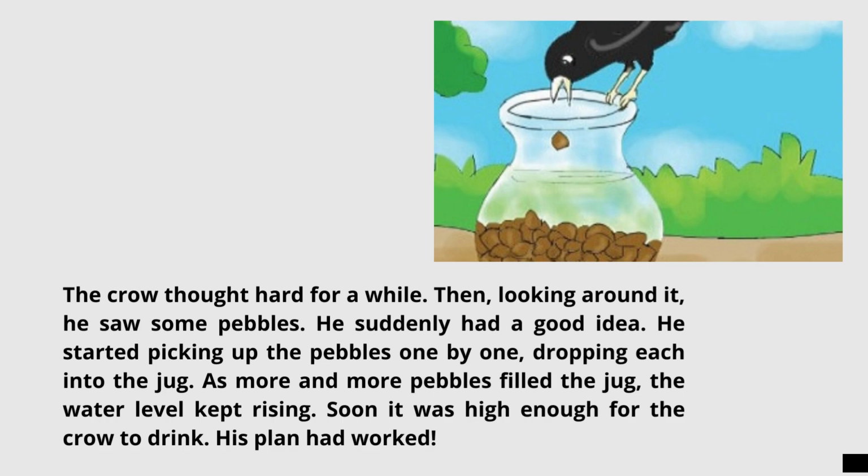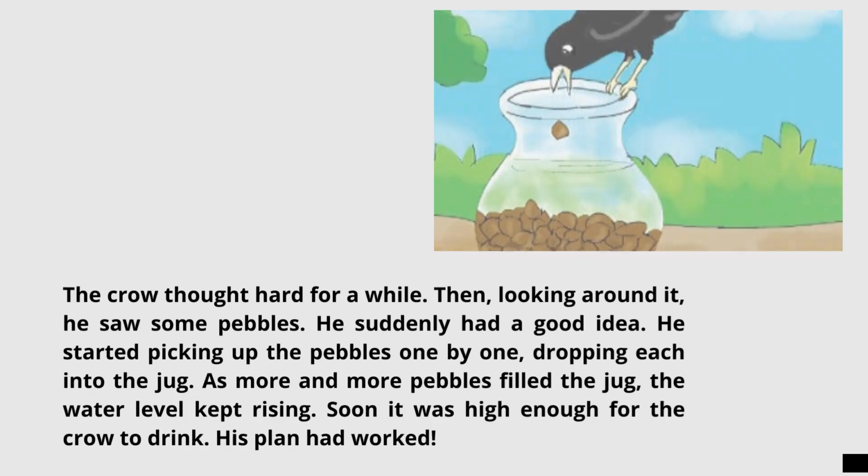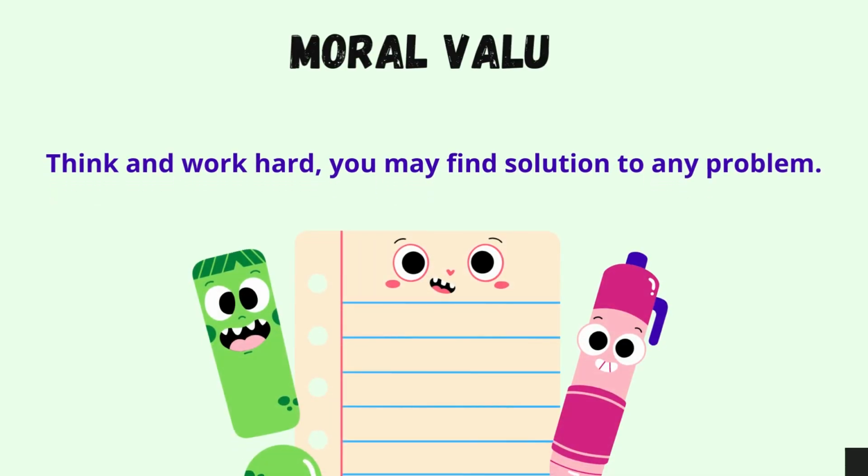His plan had worked. Well, students, this part is called resolution. Finally, the crow found the problem solving so that it could drink the water inside the jug. So the moral value of the story is think and work hard. You may find a solution to any problem. It means that the crow never gave up finding the solution to its problem, and finally its work had